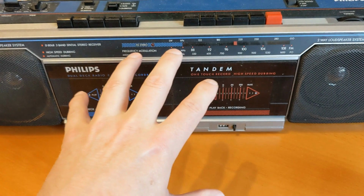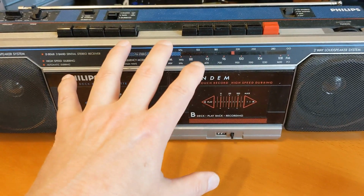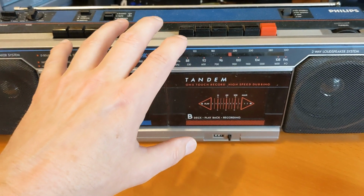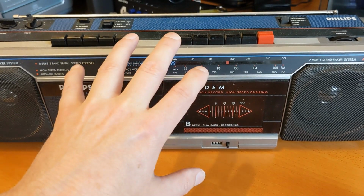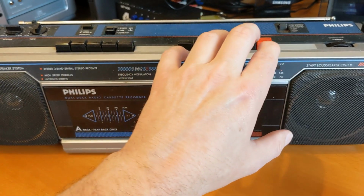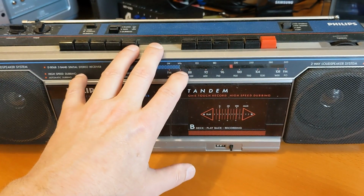I've fixed this as best I could in a previous video, got it working for some rewinding I need to do of 70 odd cassettes. But in the process of putting some temporary belts on so I could do that rewinding, I broke a piece of solder and a wire came loose, and I've now got the belts for this